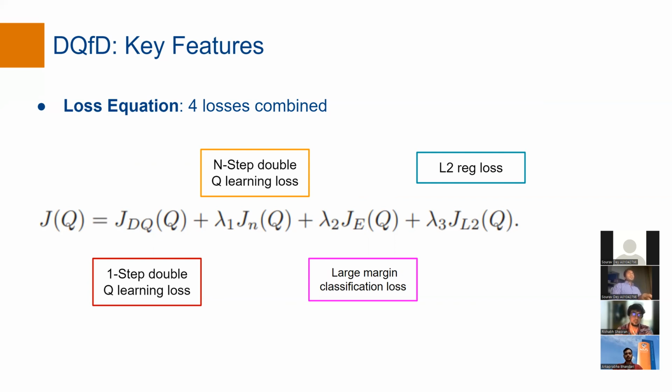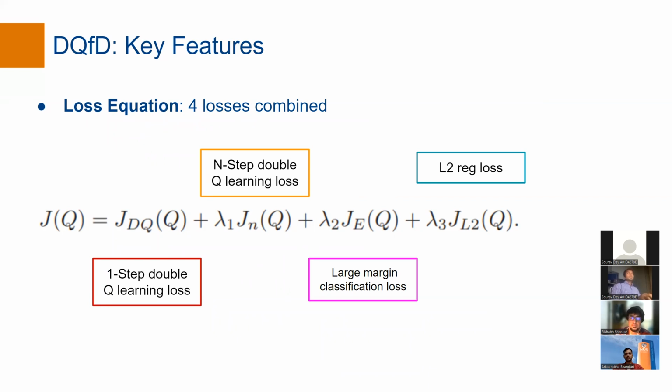So the one-step Q learning loss ensures that the network satisfies the Bellman equation and is the fundamental starting point of all temporal difference-based learning. Similar to the one-step Q learning, the n-step return loss uses the forward view. Using the forward view propagates the values of the expert trajectory to all earlier states, leading to better pre-training.